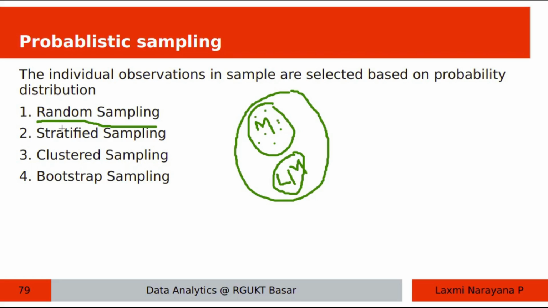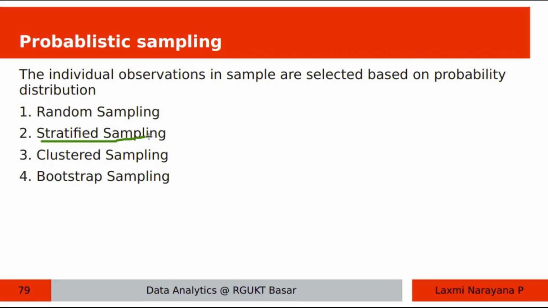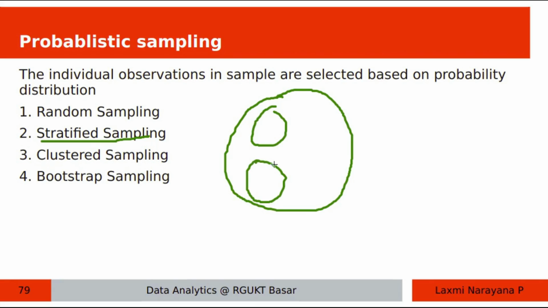So you have to use random sampling when your population is homogeneous, means it should have all similar kind of observations. Stratified sampling. This stratified sampling will be useful when population is non-homogeneous, means you have different classes in the population. For example, if we take COVID-19 effect on different sectors in India, suppose banking, healthcare,